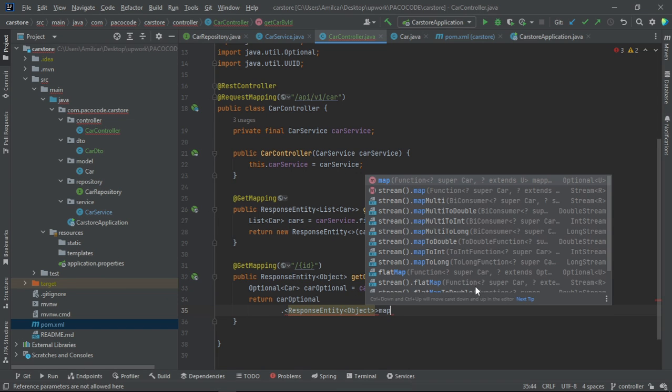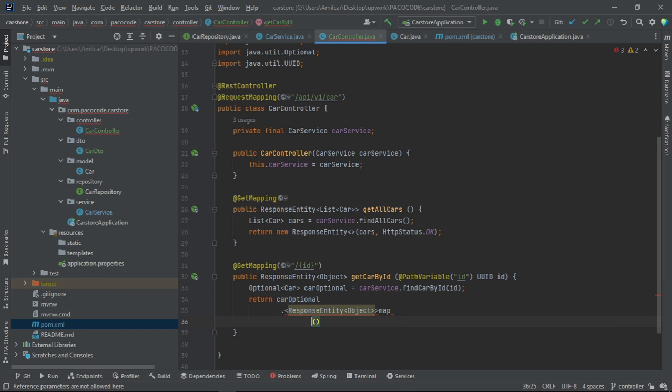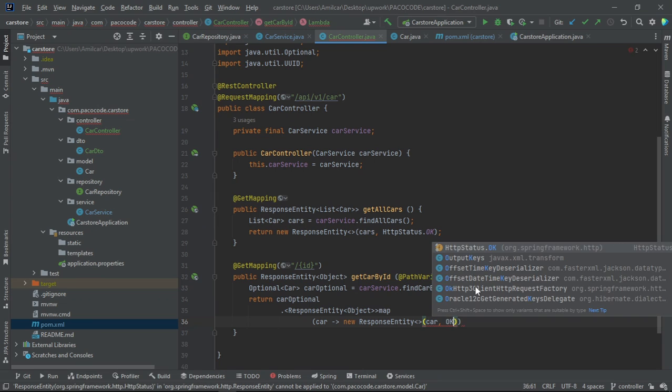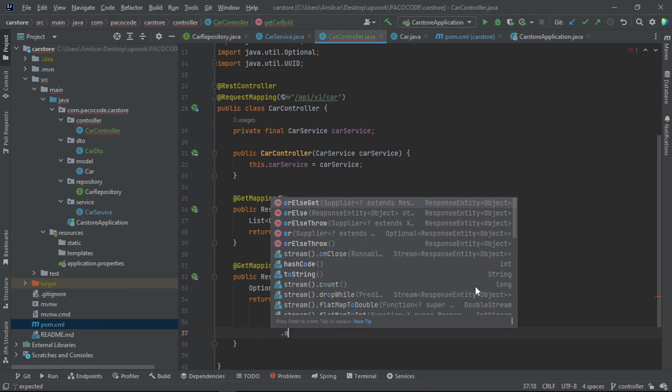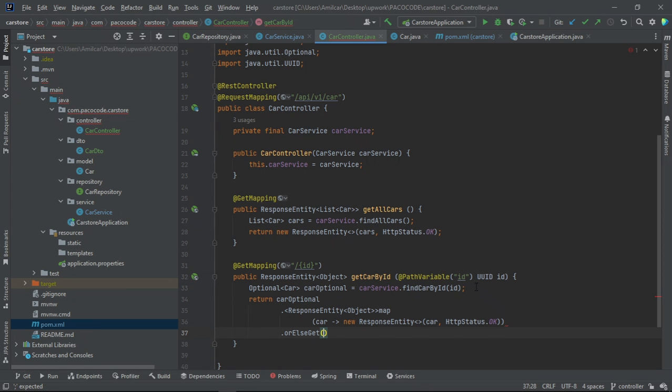I will map. Okay. Let's say car, new response entry, and here I will print the result of the car, and I will pass this code right here. Or else I will get a new response entry,